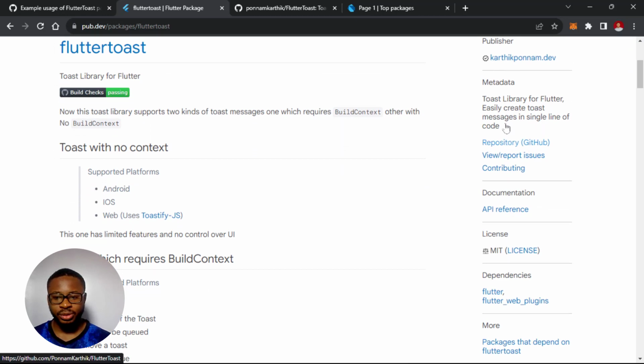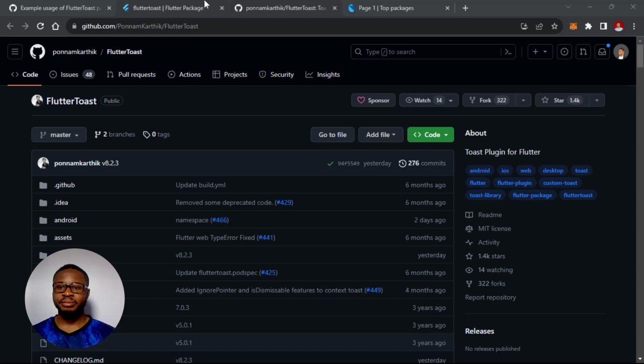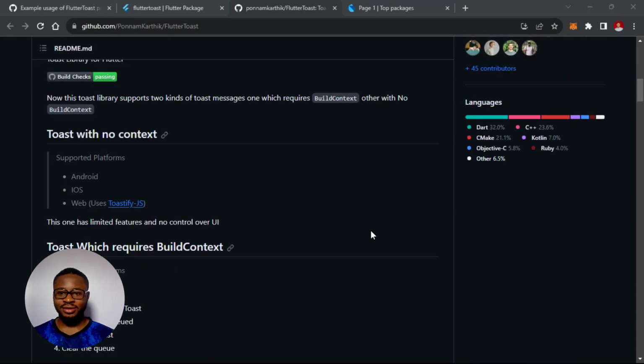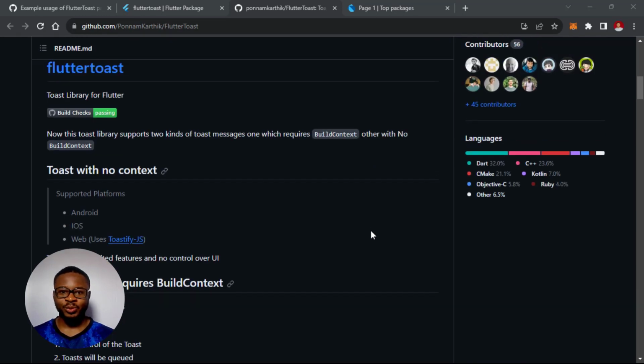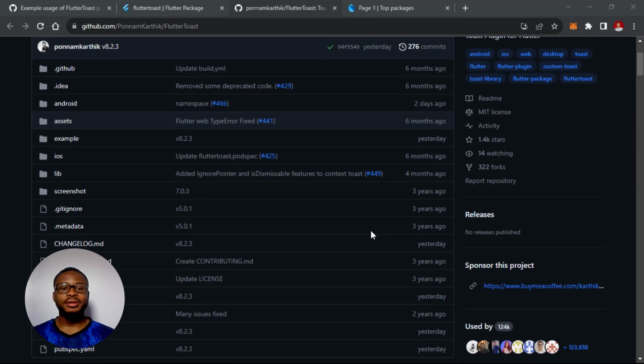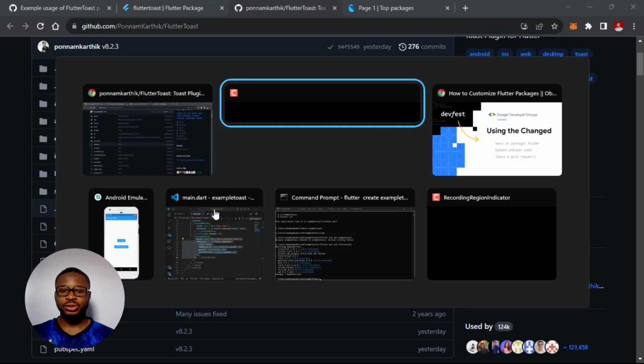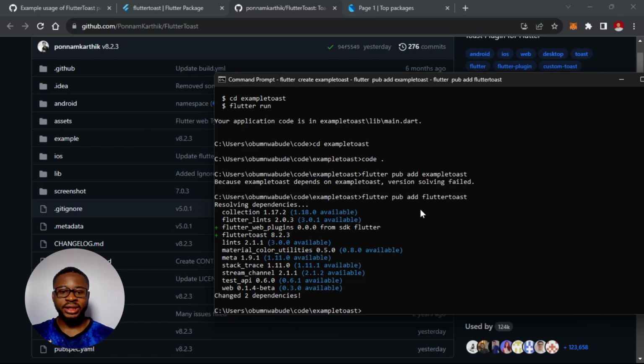There's a GitHub repo. I had opened the GitHub repo for the FlutterToast package already, as you can see here. There's the README, but I didn't bother with it. We just know why we are here. So now we want to explore this package. The best way is to copy the link from the URL bar, go to our terminal, and then